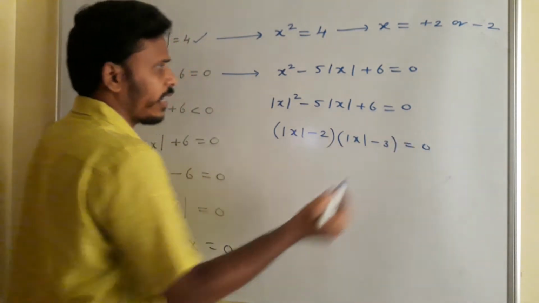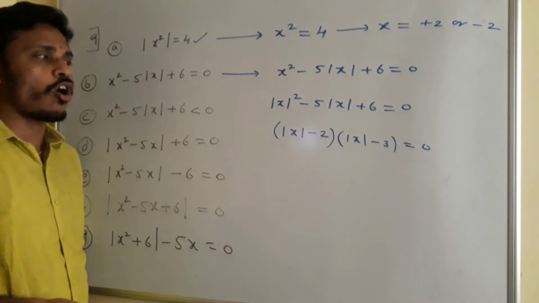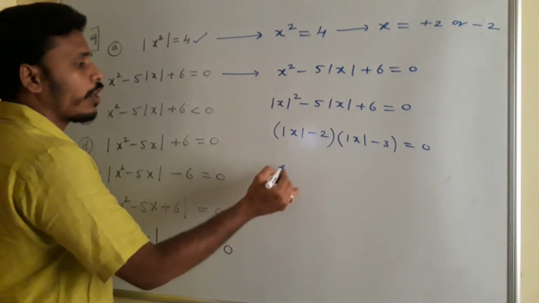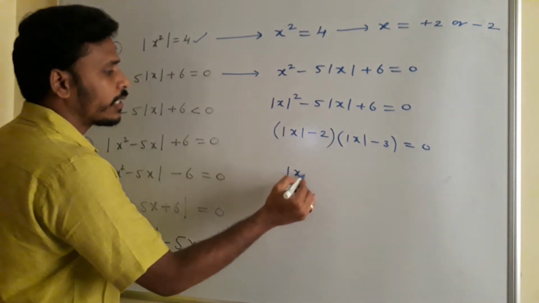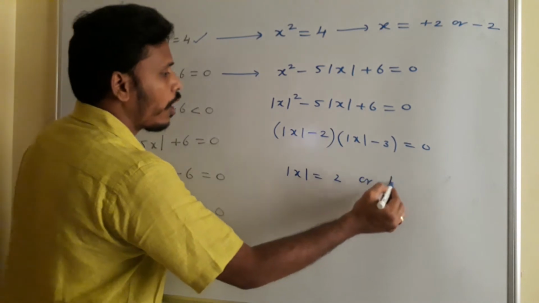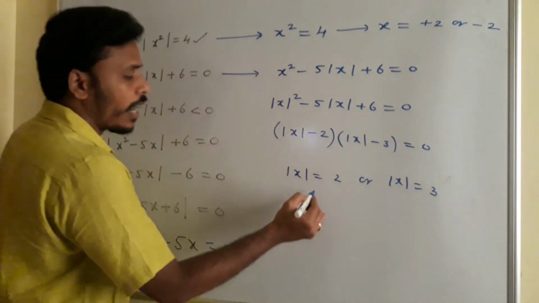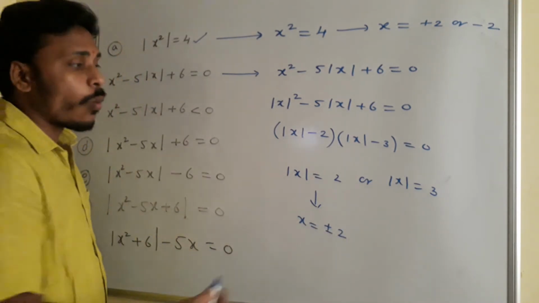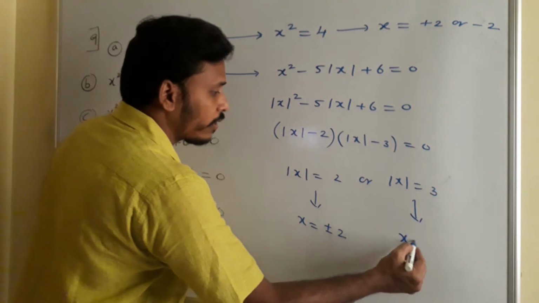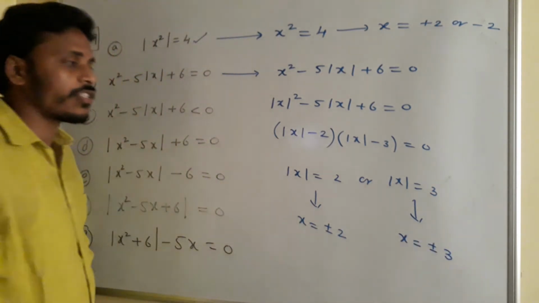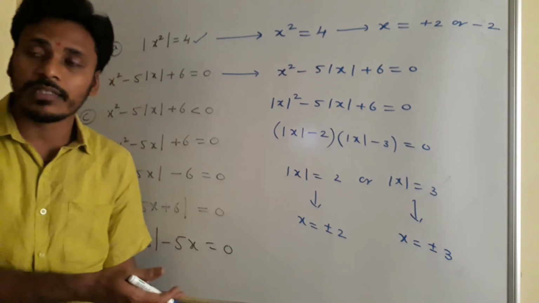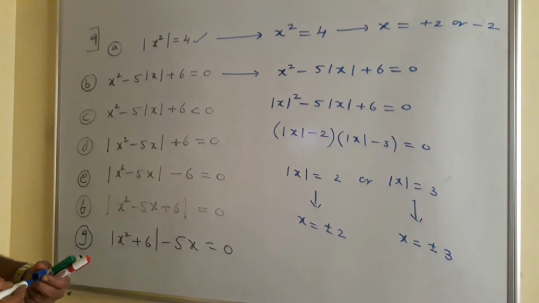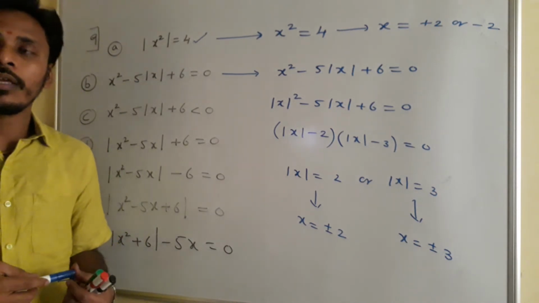Okay, I think it is correct, right? Mod x minus 2 into mod x minus 3 is equal to 0, and if you multiply you will get the same equation. And on solving, since the product is 0, either mod x is equal to 2 or mod x is equal to 3. If mod x is equal to 2, you will write it as x is plus or minus 2, whereas if mod x is equal to 3, then x is nothing but plus or minus 3. Here it is plus or minus 2 and there it is plus or minus 3. At the end, the possible values of x are 4. And what are those values? 2, minus 2, 3, minus 3.